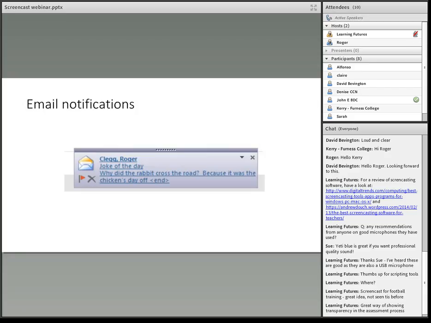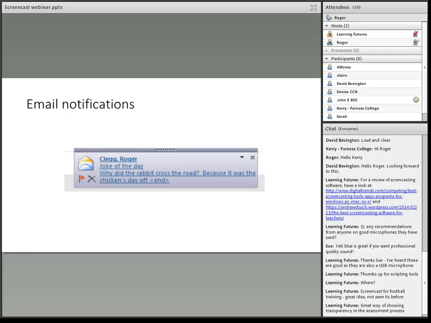So you do have to watch your email notifications. Anybody who's ever delivered a PowerPoint presentation while logged on to your college or organisation network knows there's nothing worse than your email notification popping up. At best, it will distract people. At worst, they'll see that you have a very poor sense of humour, or at the very, very worst, it could be something highly confidential that's popping up on there.